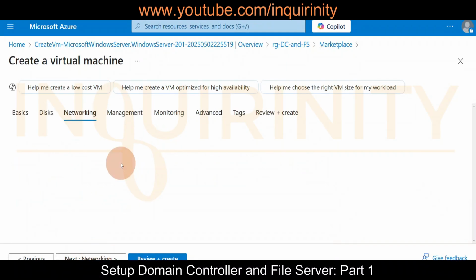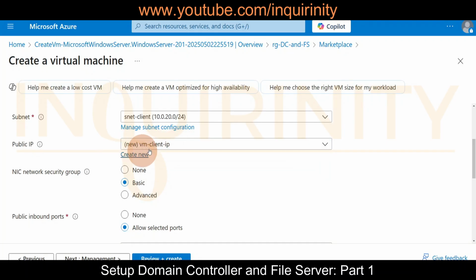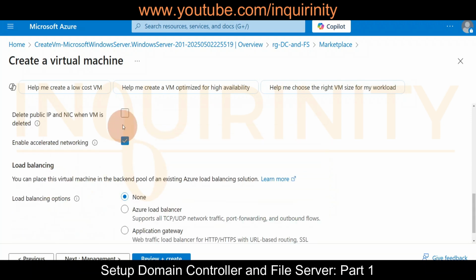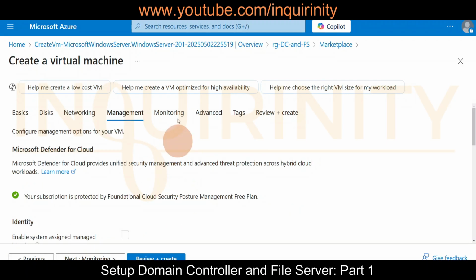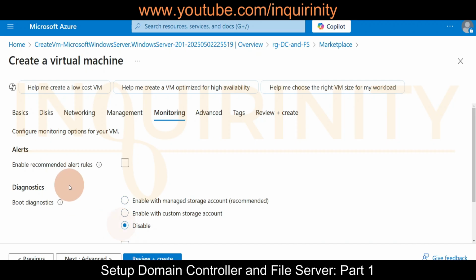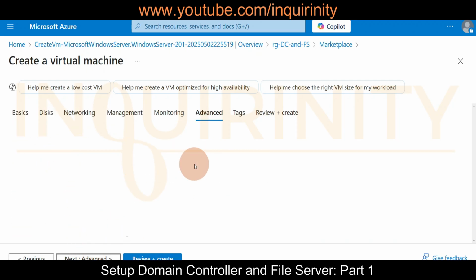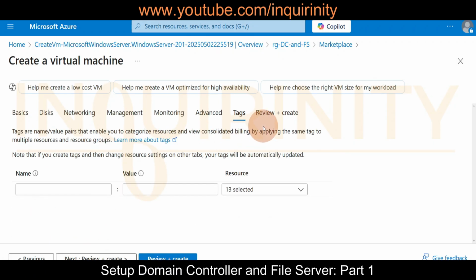Next will be networking. So correct VNet, correct subnet. This time it was client, so public IP, we still need RDP for demonstration purposes only. So allow RDP, delete the NIC when the VM is deleted, and we have the same load balancing options. We have been through the management and monitoring, so I'll just go straight ahead to the tabs. Disable the boot diagnostics, advanced, so we don't have any extensions, tags, and we are good to go to